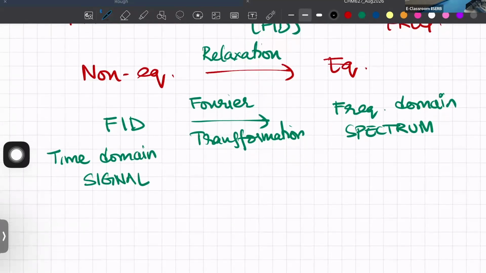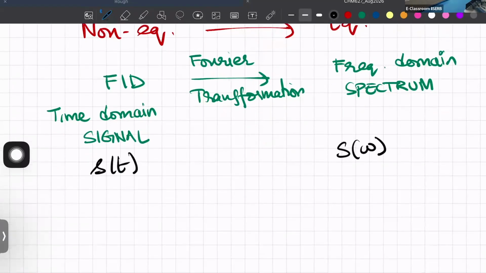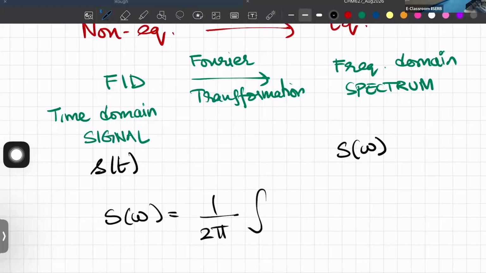If you're asking for the direct correspondence, let's say the time domain signal is given as a function s of t. And the frequency domain spectrum is given as capital S of omega. You would end up getting the capital S of omega by doing a Fourier transformation, practically from minus infinity to plus infinity. But here we'll restrict it to 0 to t, because after the perturbation we define 0 time, or rather when we stop the perturbation we define time 0, and we go until a certain amount of time until the signal has completely decayed. And then you have s of t e power minus i omega t dt,